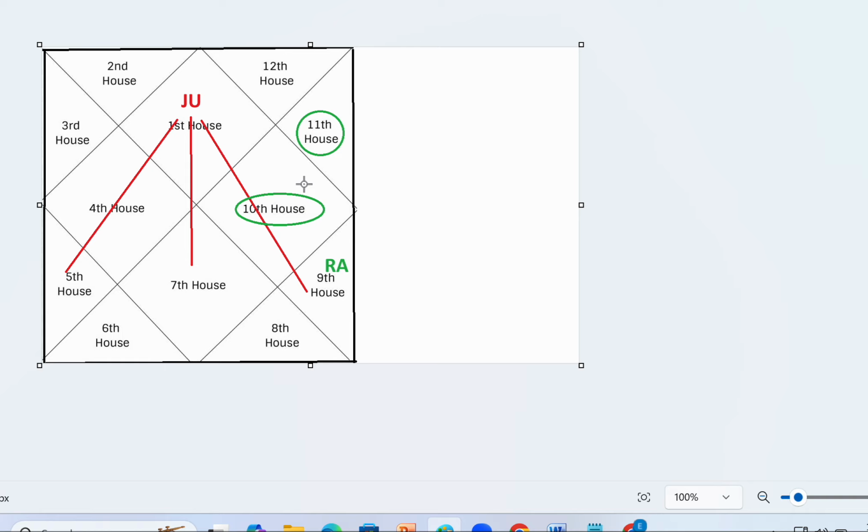No, am I saying Saturn is sitting in the ninth house? You said if Saturn sits in the ninth house. Correct. Saturn sitting in the ninth house is making Jupiter very, very benefic. But